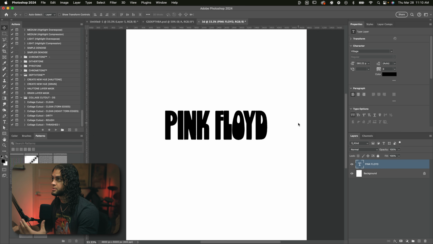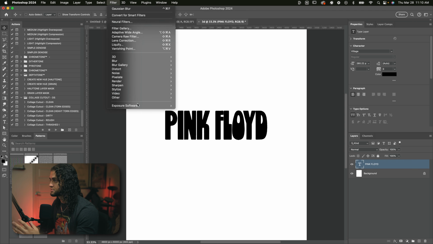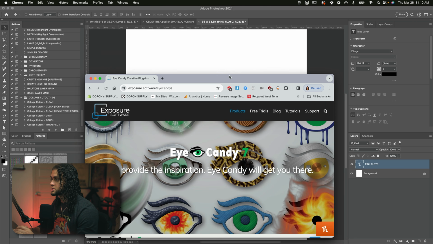Okay, and at this point, you're going to need to install this plugin called Eye Candy. It's from Exposure Software, Eye Candy 7, and it's just an awesome plugin. So you can see this right here. Just go to